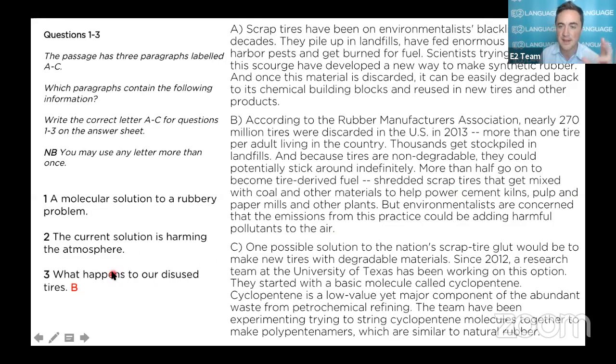What about number 3? Now my rule applies about you may use any letter more than once. What happens to our disused tires here? Oh, they pile up in landfills. It could be that one. It could be A. I've just realized that. But